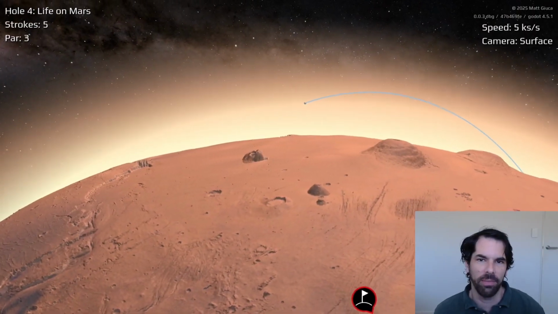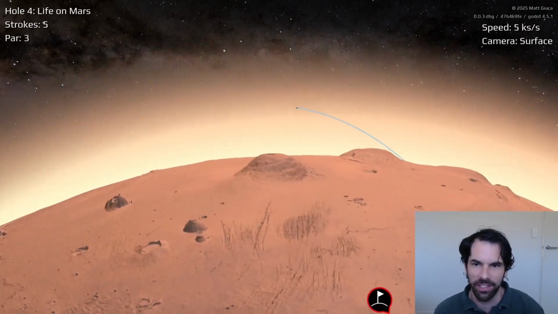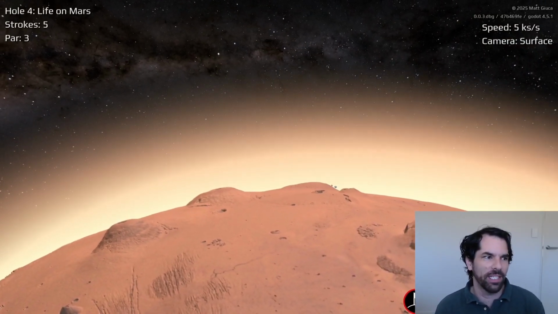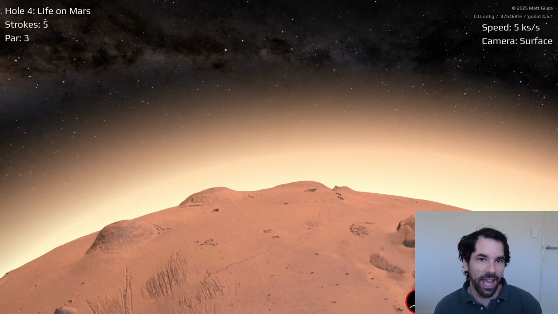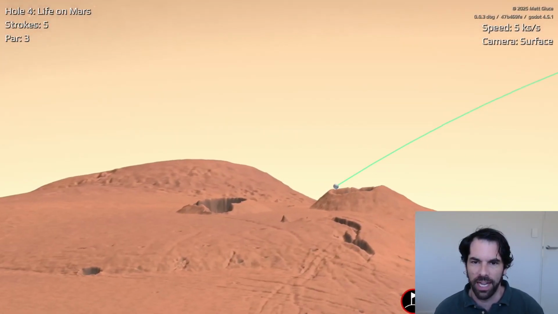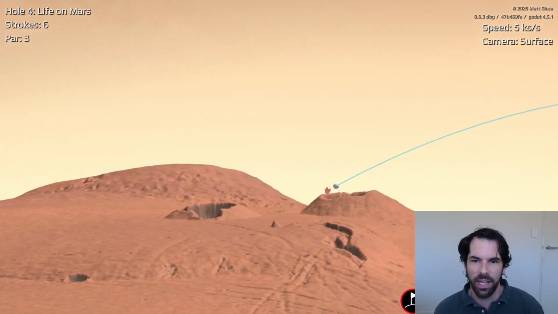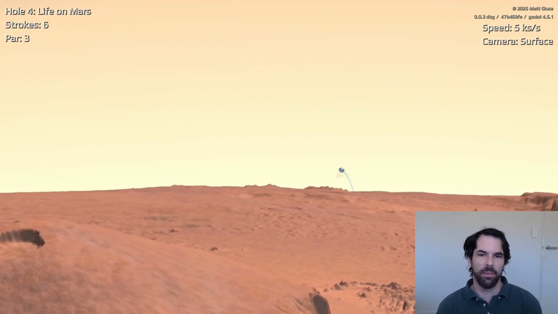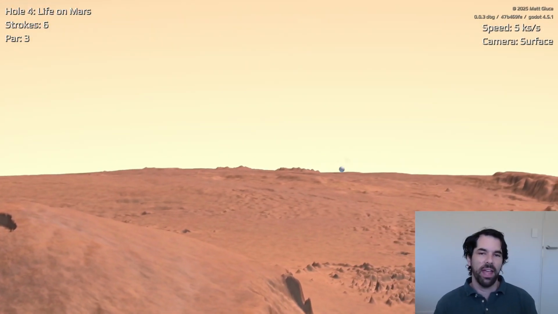It doesn't change the gameplay too much, but it is pretty fun to just bounce around, just sort of feel like you've arrived in a place as opposed to what you're doing for most of the game, which is just floating through space. So I really wanted it to feel like you can zoom all the way up and be present on a planet. To do that, I needed to get some fairly detailed terrain, and that's what today's video